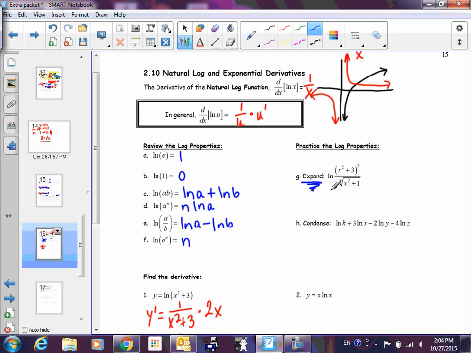So what we can do is split this up into multiple simpler logs. How many logs do you think we're going to split this up into? How many groups of x do you see? 3. We've got this group up here, we've got this little x, and then we've got the radical. So let's deal with the numerator first. I have natural log of x cubed plus 3,